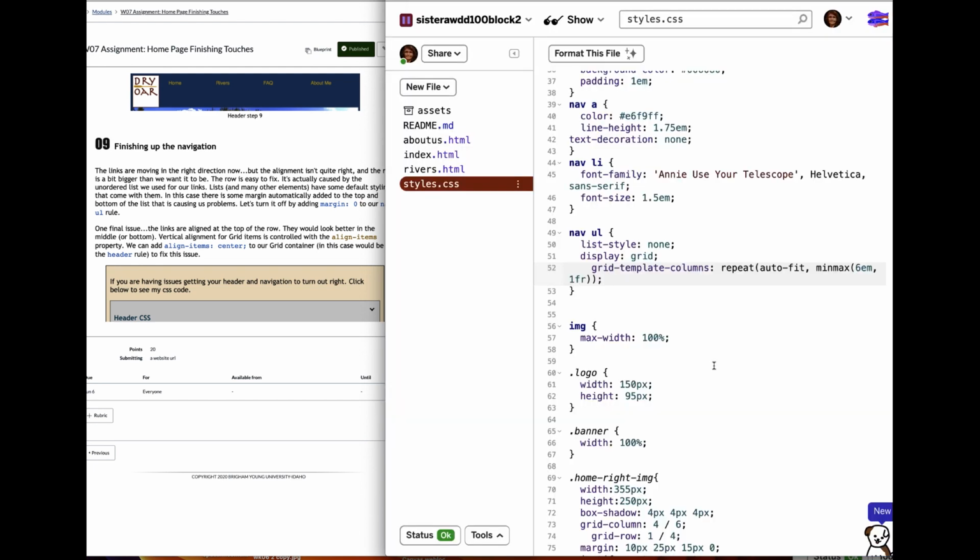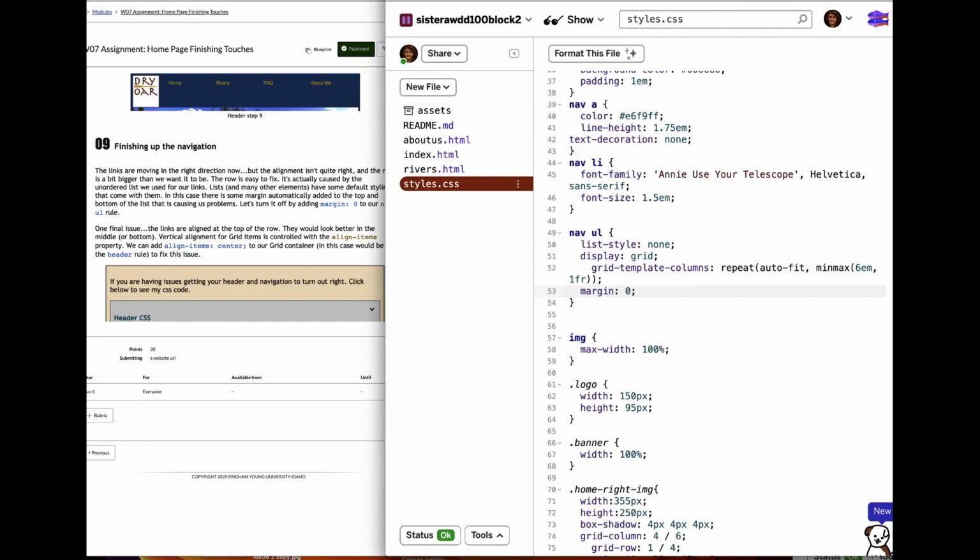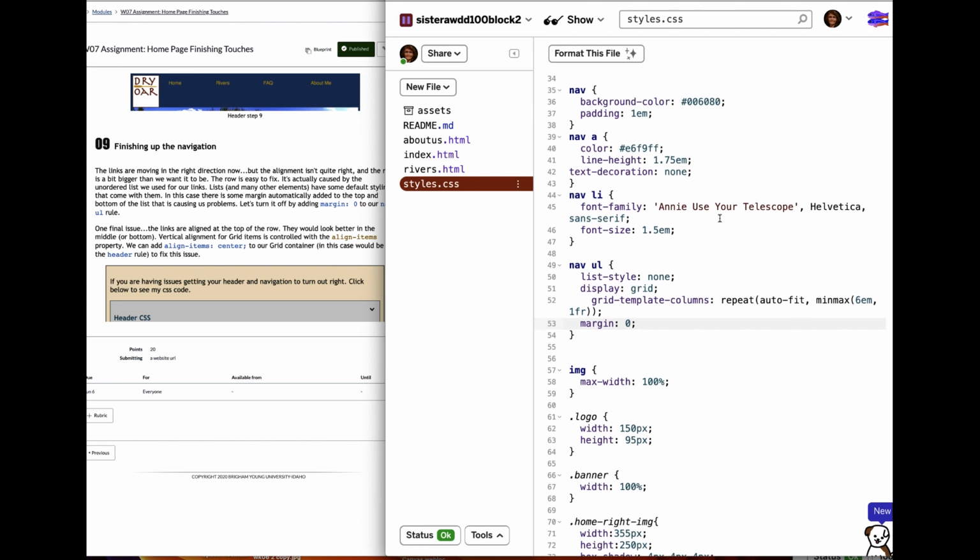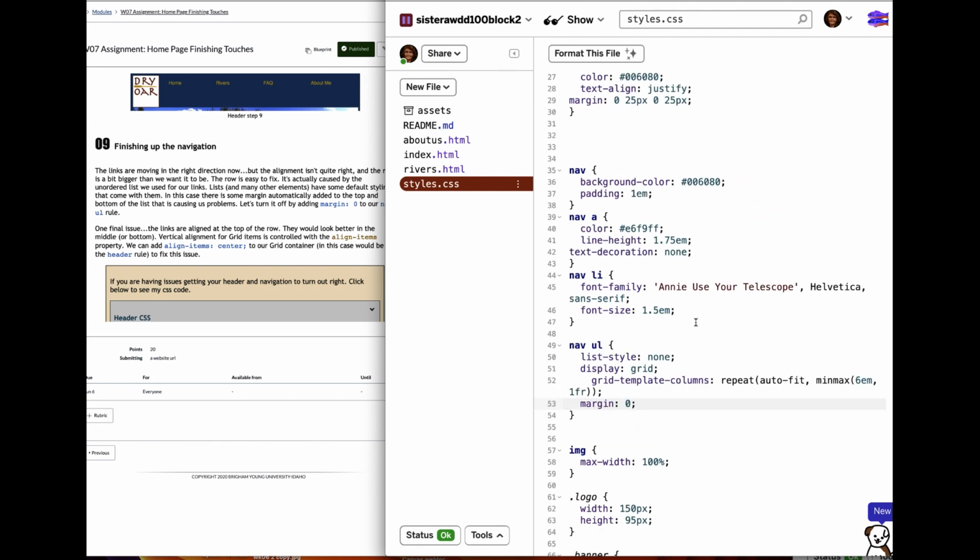0 in the NavUL. And that finishes off the NavUL. The NavLI only should have your font family and your font size. The NavA should have the color of your text, the line height, and your text decoration, which turns off the